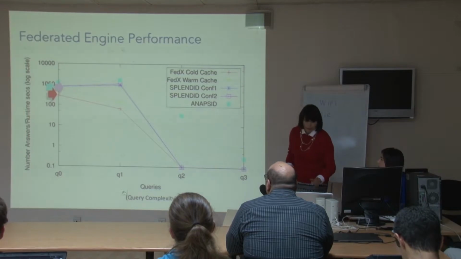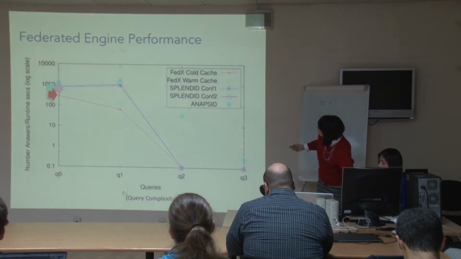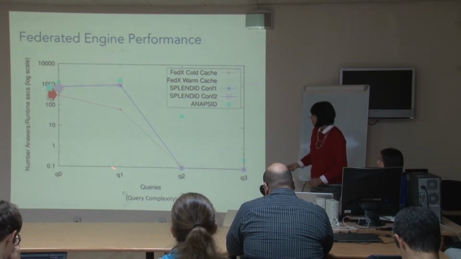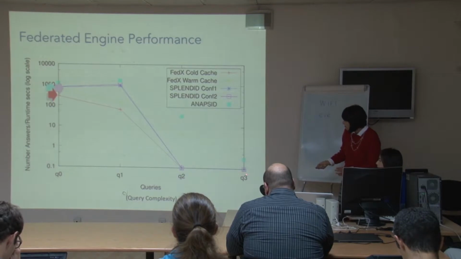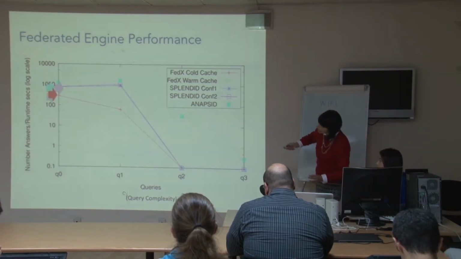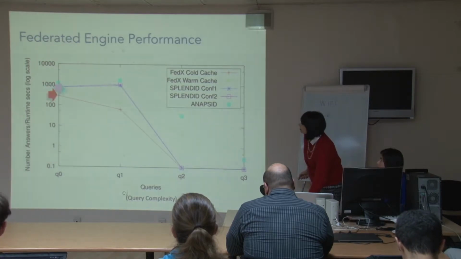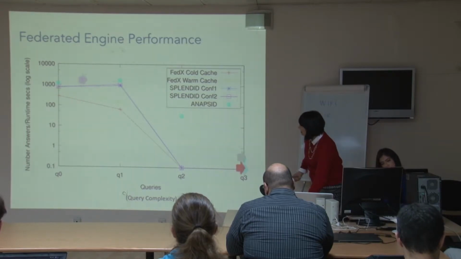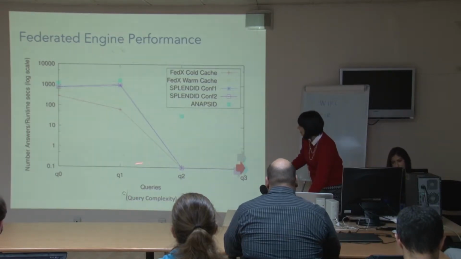And see what happened. We use all these query engines. These are the state-of-the-art query engines, and these are the 4 queries that I mentioned. And when we started to evaluate, this is the throughput. And see what happened. In all the cases, the performance of the engines decreases as the complexity of the queries